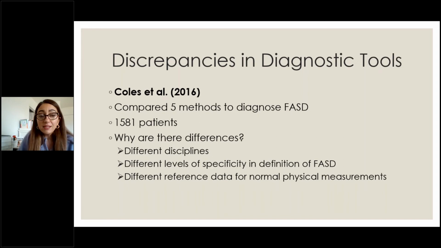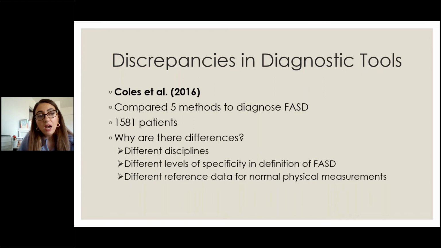So then we can ask ourselves, why are there these differences? Why can't we agree on one tool? One is that we are operating from the angle of different disciplines. Okay, so DSM-5 is all put together by psychiatry. CDC as well as the Institute of Medicine has more of the medical model. We also have the involvement of different countries, as you can see, the Canadian guideline. We have the American ones that are out there, so we have different countries, and then we have also different